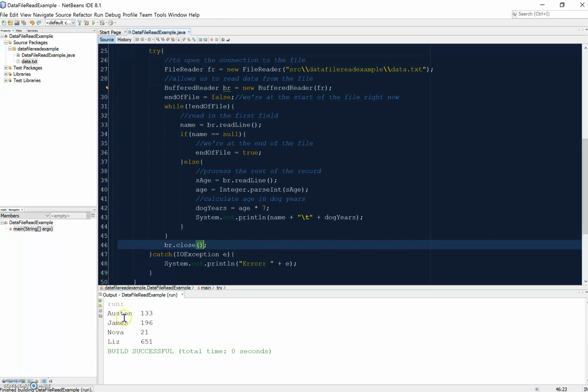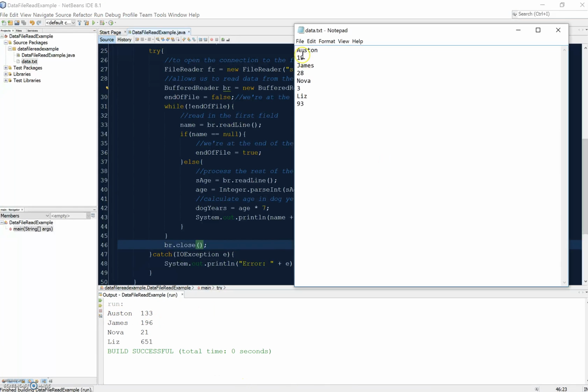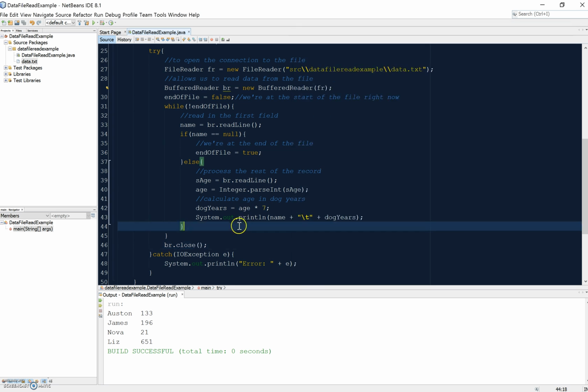There we go. So in dog years, Austin, who is 19 human years old, if Austin were a dog, he would be 133 years old. Nova is my dog. She's 3 in human years, so that means she's about 21 in dog years. That's it. So that's how we can read data